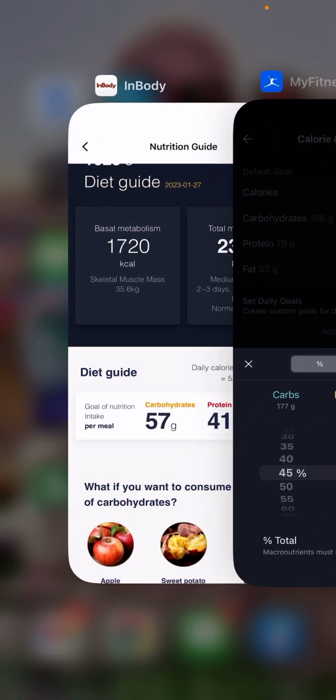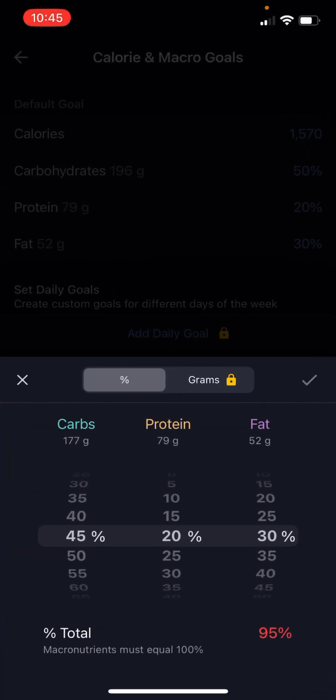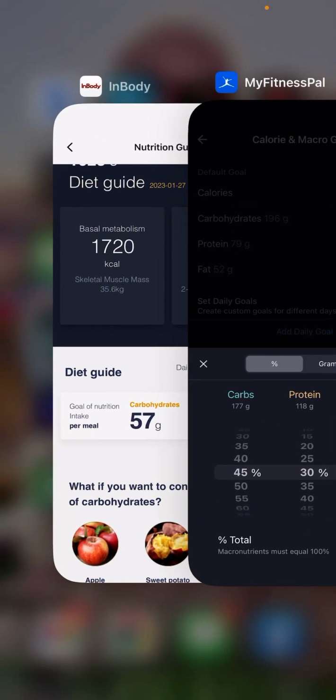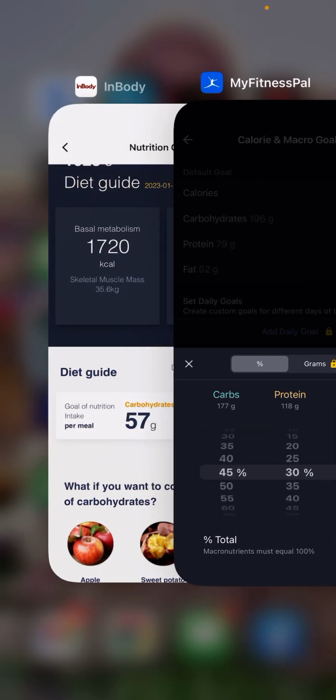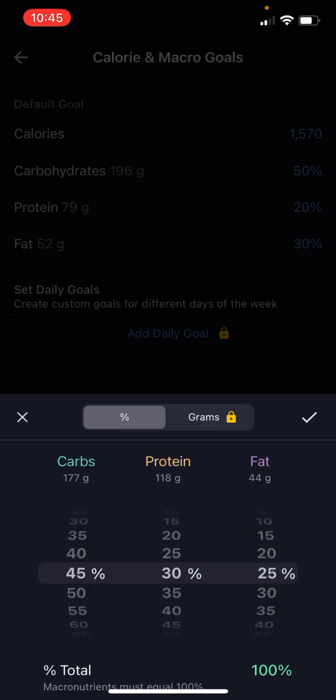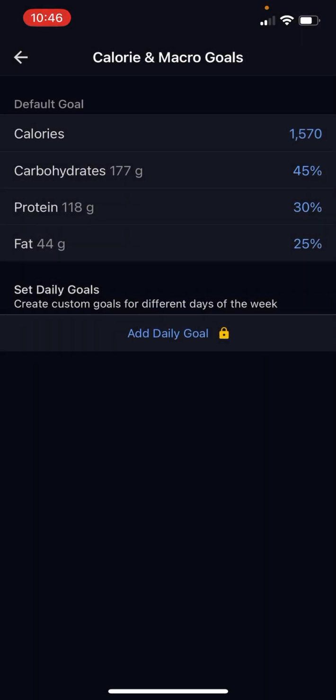My protein that I should be having is 41 grams of protein, so over 3 meals a whole day, 41 times 3 is 123, so I need to increase my protein, 98, 118, 137, probably too high, let's go back to 118. It doesn't have to be exact, we're just sort of looking for rough measures. Now you can see my total at the moment is 105%, so my fat must be over, so if I bring that down to 25%, that gives me 44 grams of fat, and InBody says 14 times 3, 42. So it's pretty close. And then we hit the tick box,